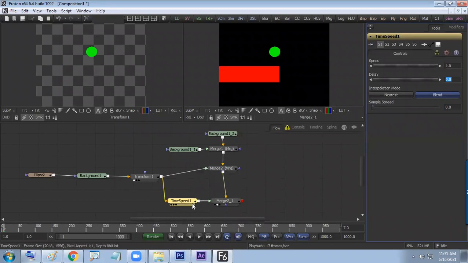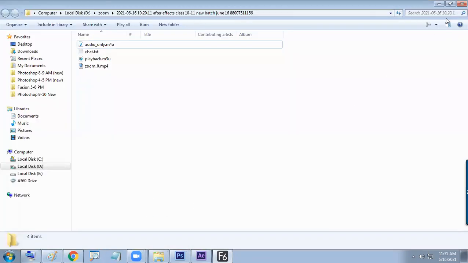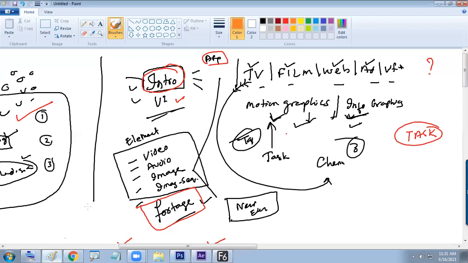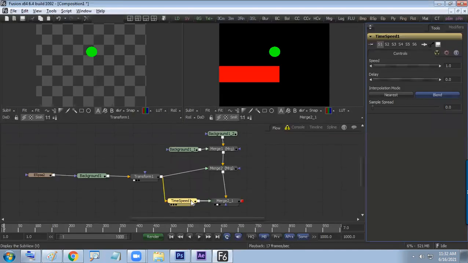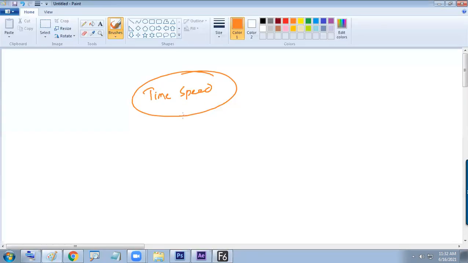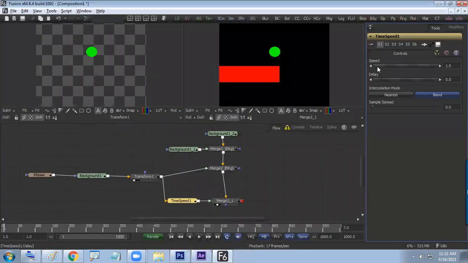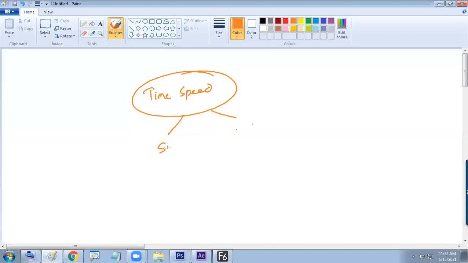So what is the node you have learned? Time Speed. So make the notes ready. And you notice there on your screen, Time Speed is a new node. It has two properties or options, speed and delay. Delay controls with frames how many frames you want to delay.